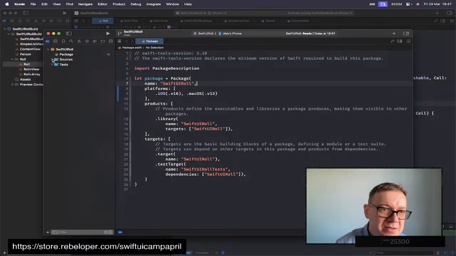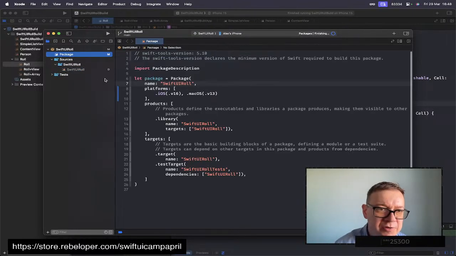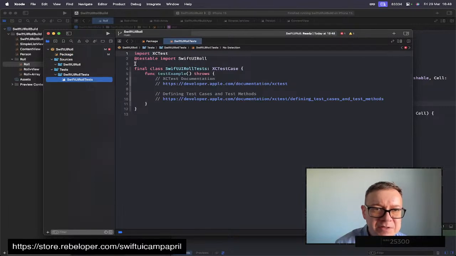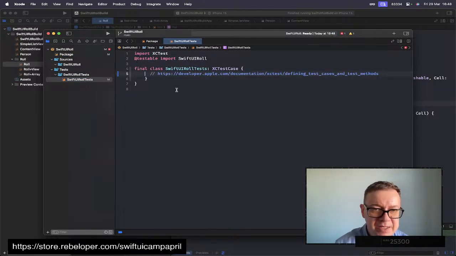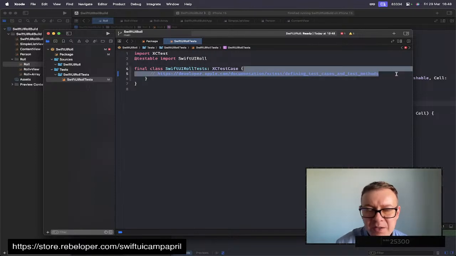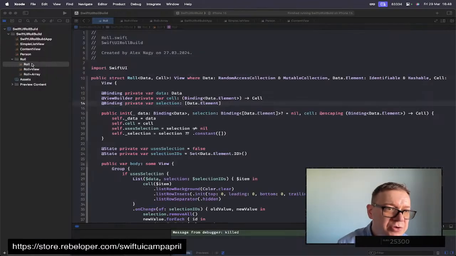Okay, so now under sources and SwiftUI role, let's just remove this file. Let's just move to trash. Of course, we are just going to have a warning for that. Also, let's just remove this test example. We don't need it at all. There we go. Okay, so now that we have a clean starter project, what we want to do is just